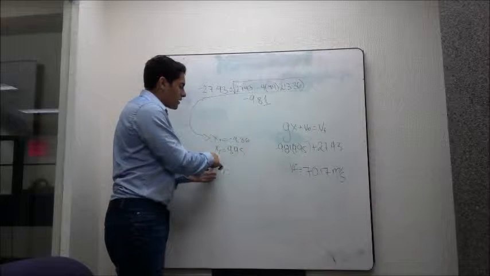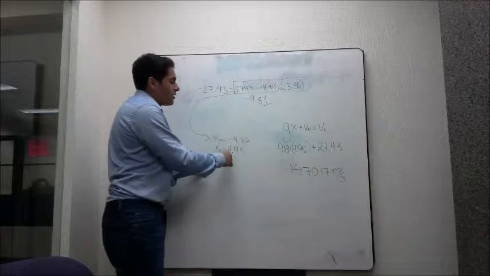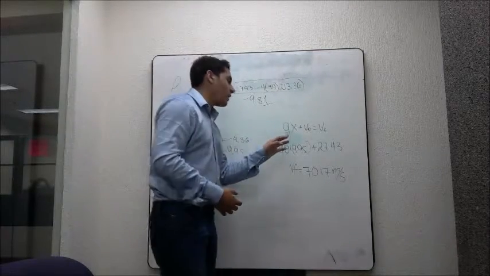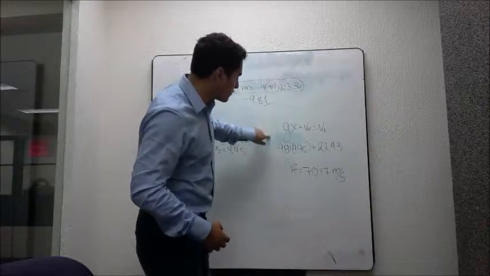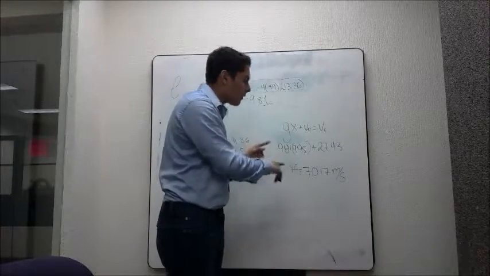And the second one is x2 equal to 9.95, so we can use this one in the formula, and we substitute, and the final velocity of the whole problem is